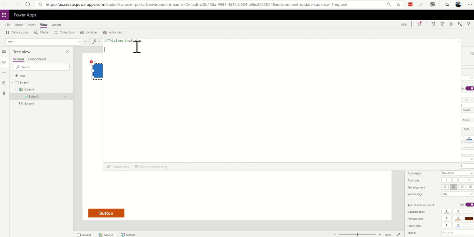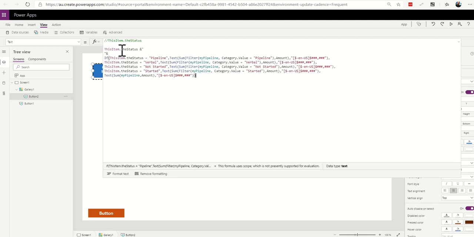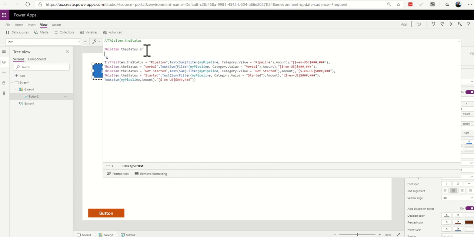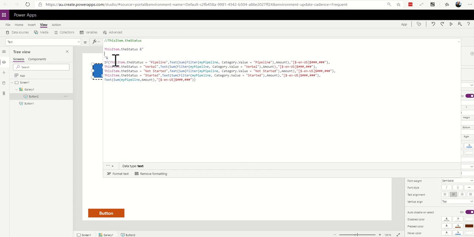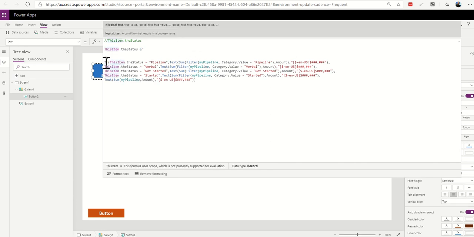I'm just going to jump in and go this item.status still, and then I'm going to do an & and a speech mark and another one in space, and that's giving me a new line. I could do a second new line if I want to, just to make it fun. And then I've got in here